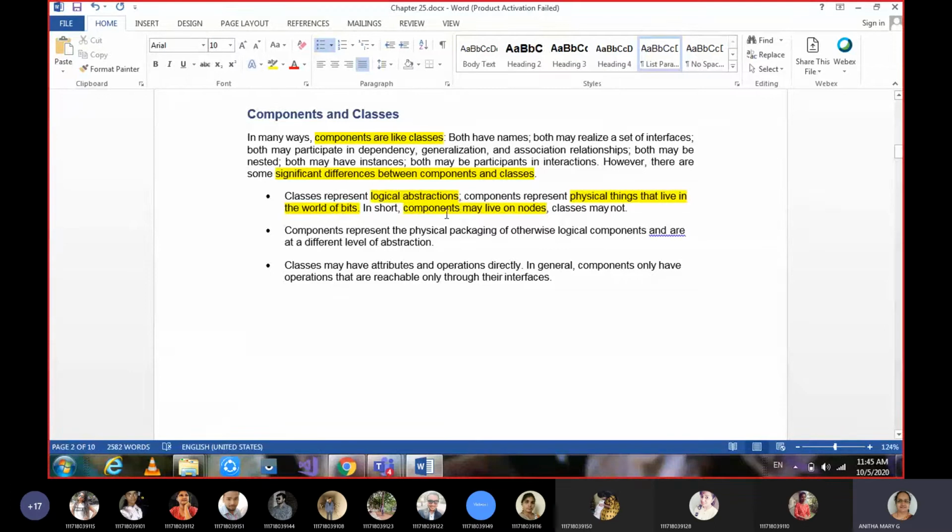So that is the major difference, the first point of difference between component and classes: a class is a logical abstraction, whereas a component is a physical thing which lives on the nodes, and is dependent, not independent. Classes may not depend on any other device, they work within the system. So that is the first point. Moving on to the second one,